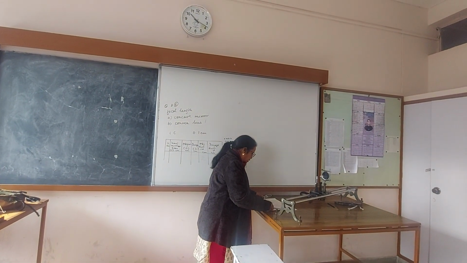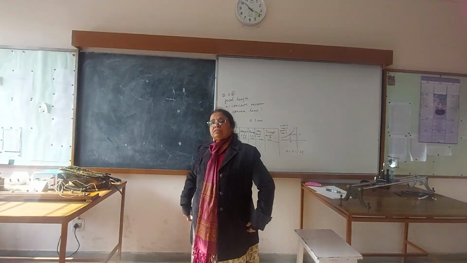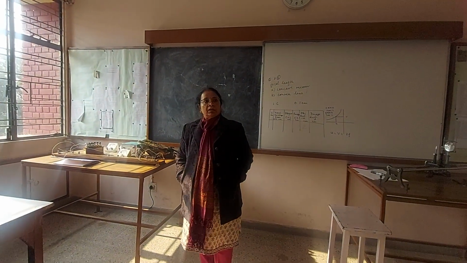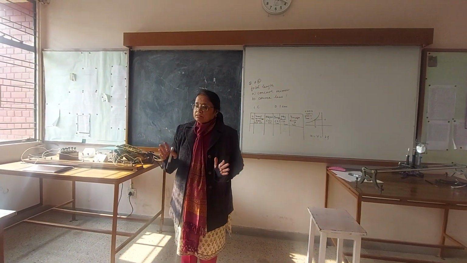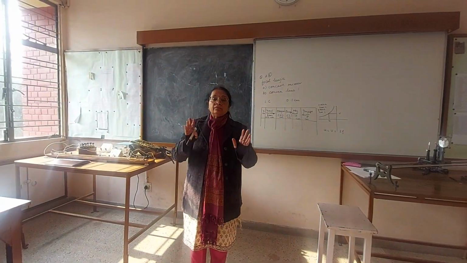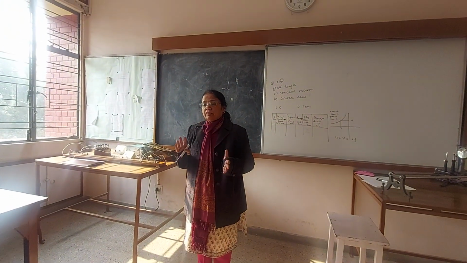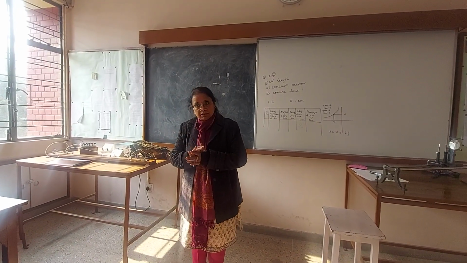Alright. So, the next one that you have is refractive index. That's a simple one. For prism, start with 35 and 40, 45, 50, 55, 60. The idea of taking so many readings is to plot a graph. Now again I asked a Viva question here, why do we need to take so many readings? With one reading also you can get the refractive index, remember? And again nobody could answer.